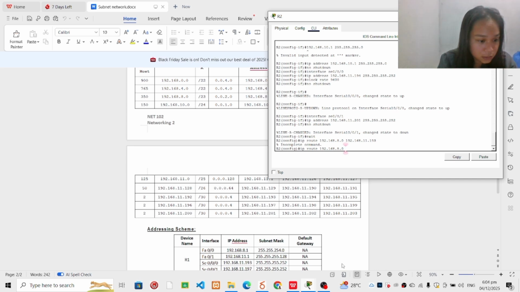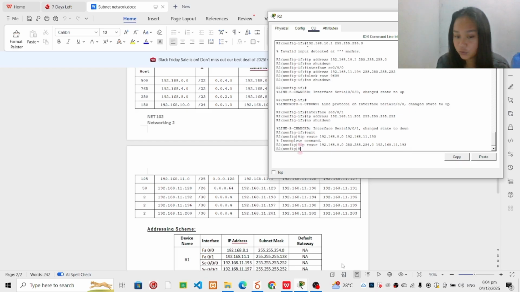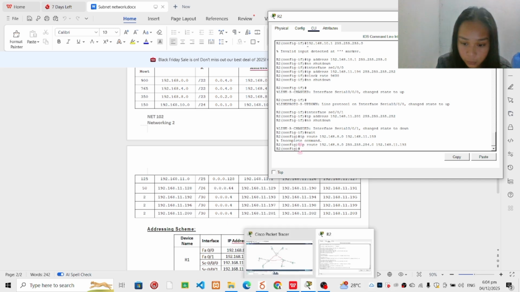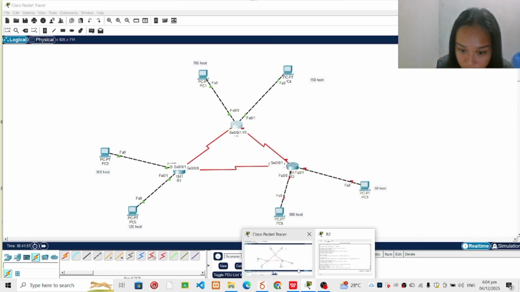Subnet mask ng /23 is 255.255.254.0. Then the exit port is 192.168.11.193. Yun. The next is the PC number 6, which meron siyang 900 host,